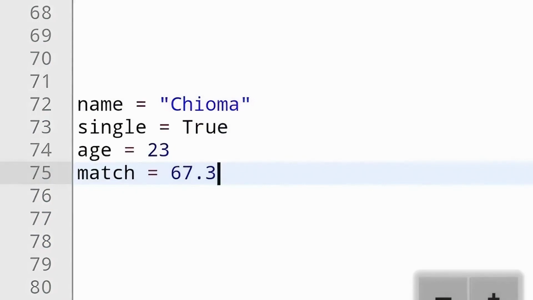And now let's switch focus to the dating scene. This would be a dating profile. In this case, the name of the person is Chioma, and the status of Chioma is single, and the age is 23, and the match is 67.3%. And as you can see, these are all different data types which makes up a profile. The first is a string, and then a Boolean, and then an integer, and then a float. So as you can see, we use different data types in so many different aspects of